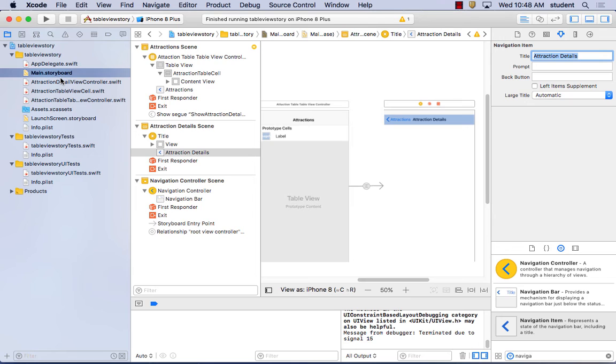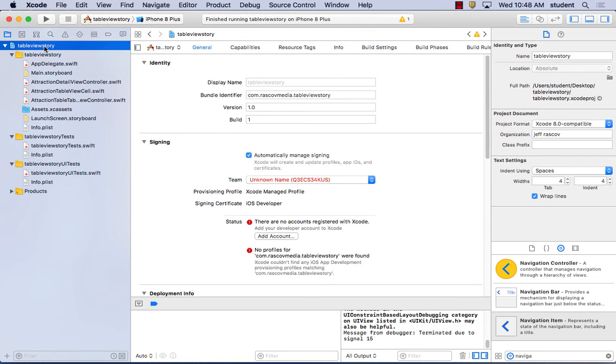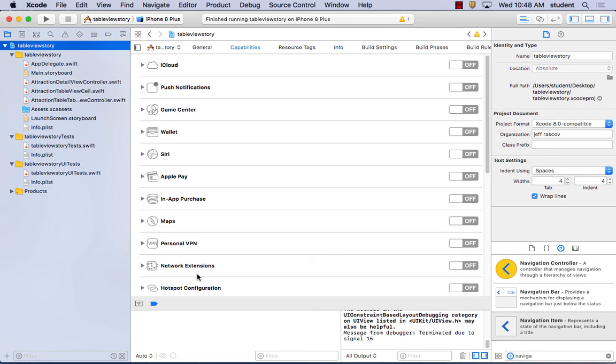The other thing I think we need to do, and I'm going to say this now because I don't know if this is in this handout, but if you remember from the very beginning up here, when we're doing our table view, if you click on the very top part right here, which is the project file, the very top one where it says table view story, what I really think we need to do to this, and I'm just assuming, is under the capabilities, I think we need to turn the,